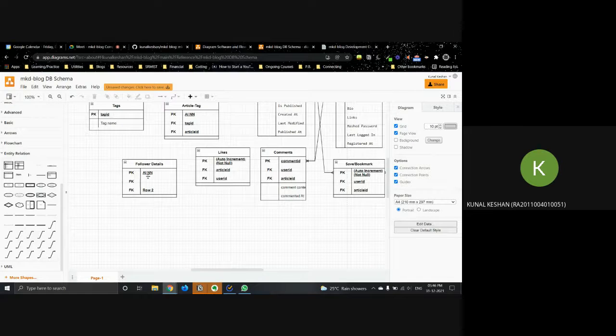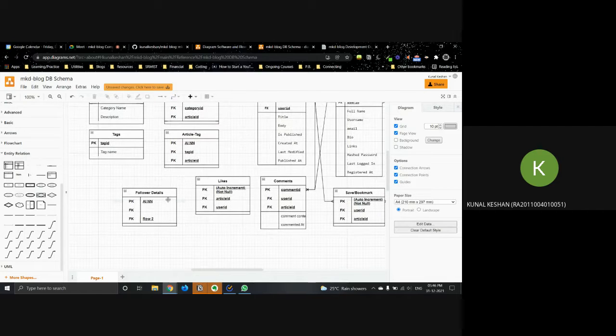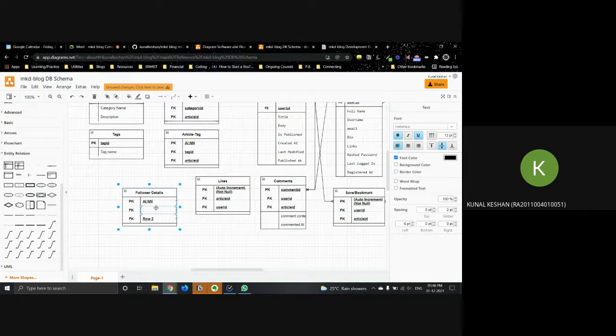All right. So what am I looking at here, right? In the follower details, how do I put the relationship? One thing, I'll have a primary key, but it's redundant because I might follow and unfollow the same person over and over again. So in this case, the primary key plays no role other than giving me additional functionalities for the table itself.